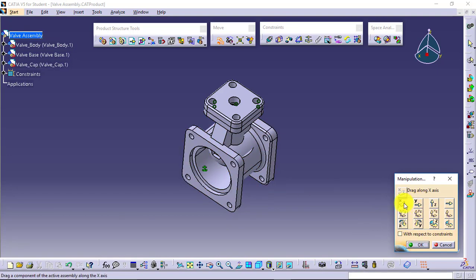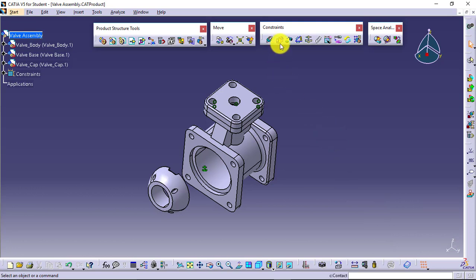So say I want to translate it in the x direction, this is how I can translate it. Then I want it to be rotated about this axis, so this is your y axis, like this. This is how it will be rotated. Y axis it is considering at the origin only. Then again I will translate it like this. Then I will translate in z direction like this. All these things I can perform. I'll say OK.